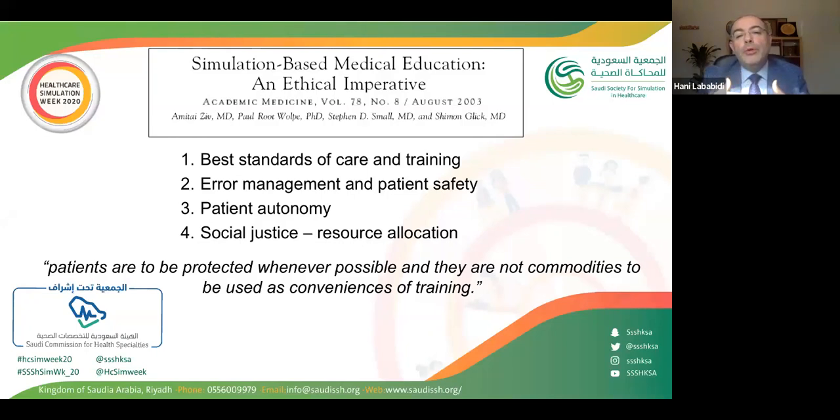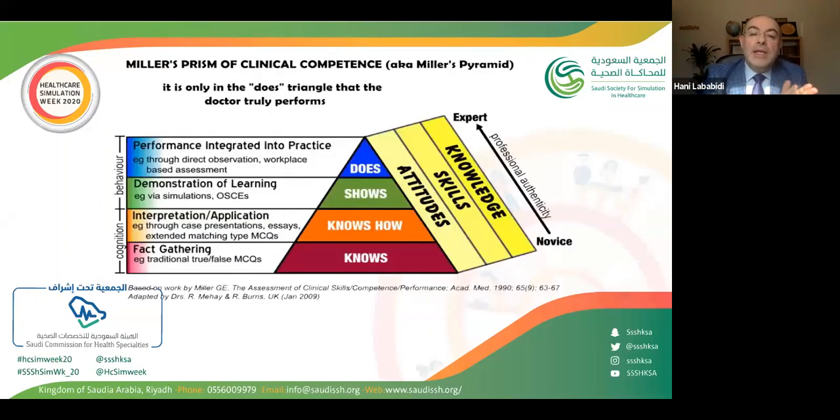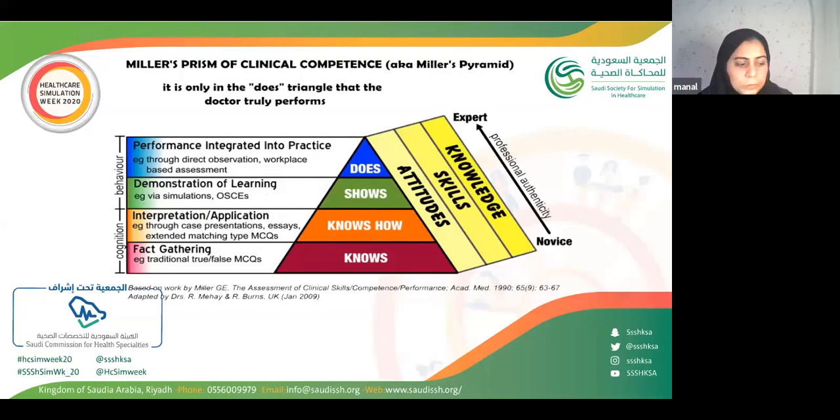So we don't want to learn on patients. We want to get competent and then treat patients, rather than learn on patients and make errors and decrease patient safety. And this is really the idea about simulation and Miller's pyramid or prism, where we try to teach